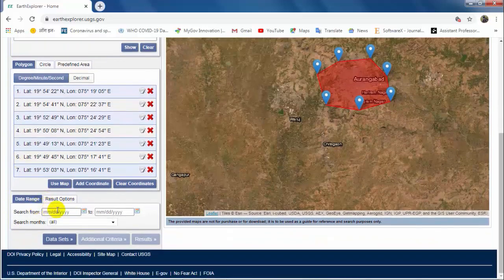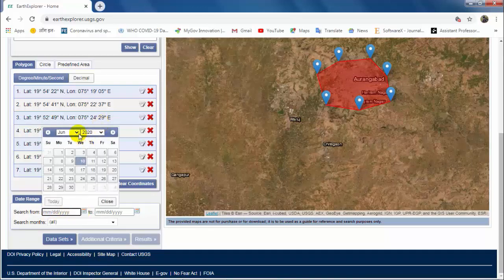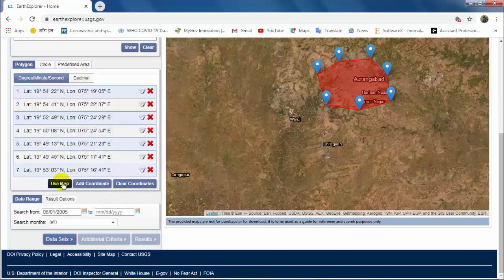Next task is the date range. Okay, we have to provide the date from which date I want to download the data. Okay, so provide the date from which you want to download. This hyperspectral mission started from 2002, so data is available from, I think, 2003. We will find out from 2005. Okay, the hyperspectral mission was started by NASA in 2002, so we can obtain data from 2002 to 2017.